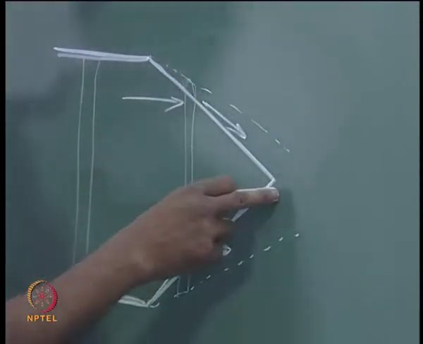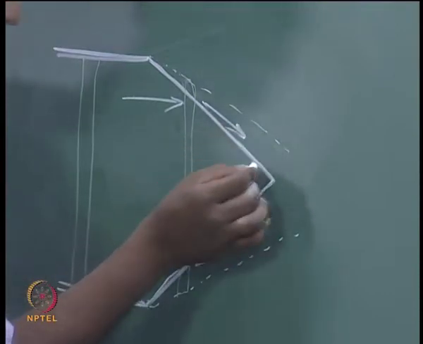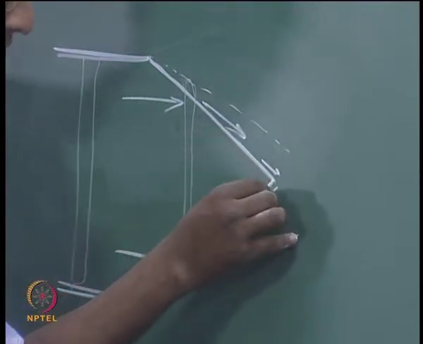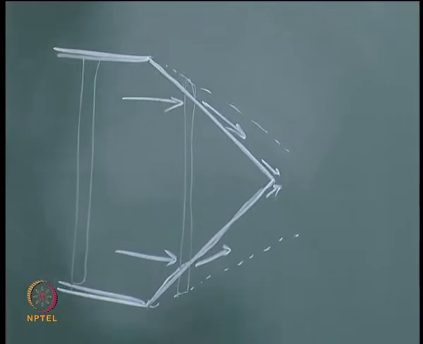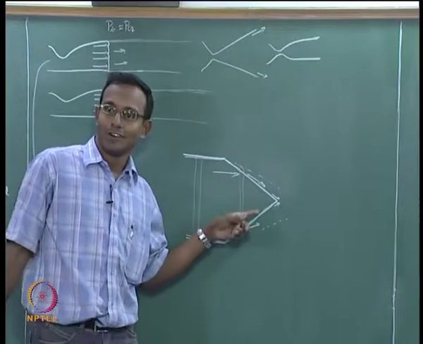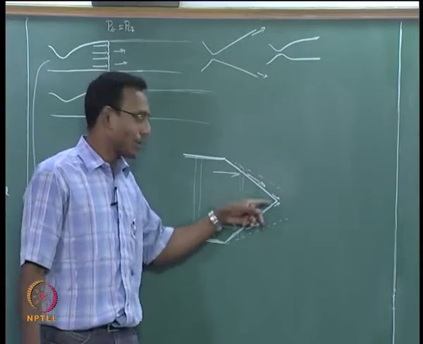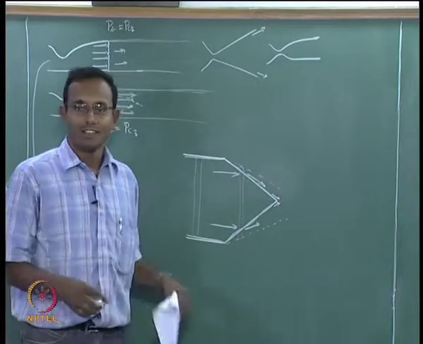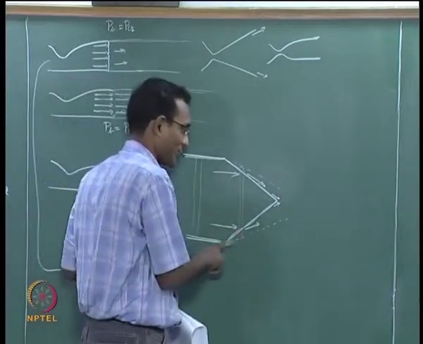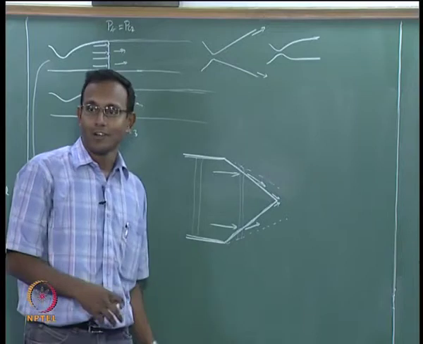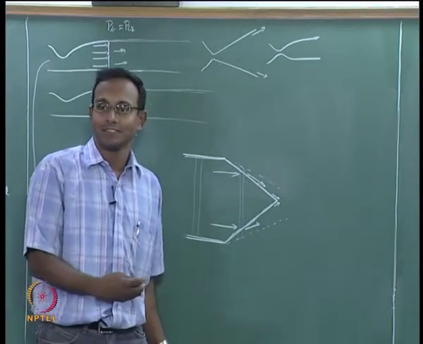What happens after this point? They are both going to crash into each other. If you look at the velocity vectors here and here, they are going to be crashing into each other. That is not allowed. We already talked about this problem, right. We said when there is one shock that is right running, one shock that is left running. Now we will talk about what happens when they interact.